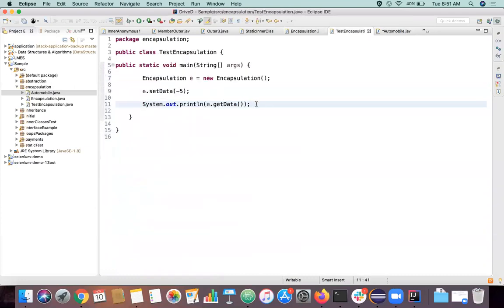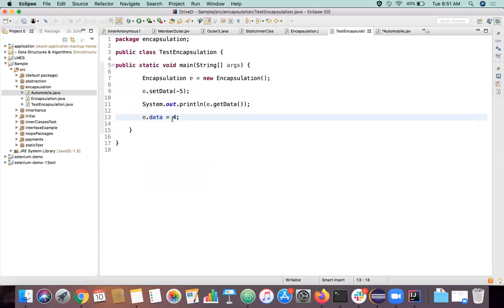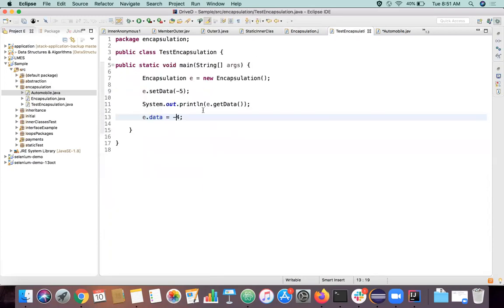Now I don't have to do this setting, getting, and all. I can directly access this data and manipulate however we want. So I am directly violating this logic of having some if condition here. For example, I can give this data as -4 also here, right? Our objective is that some data should be filtered out and should not pass through. So I'm having this logic defined inside this set data: it should not be less than 0. Now I can directly violate that logic and set this -4 here, right?